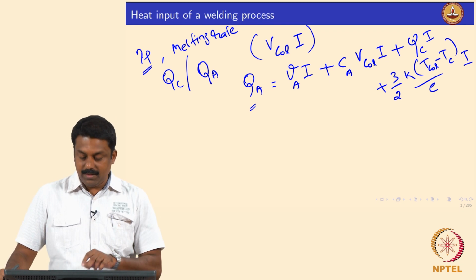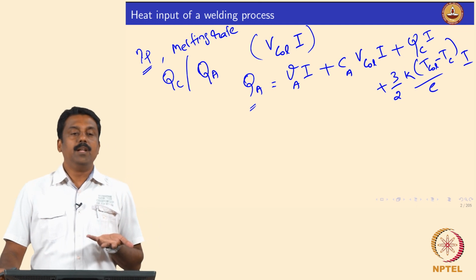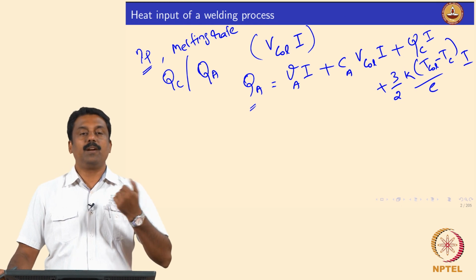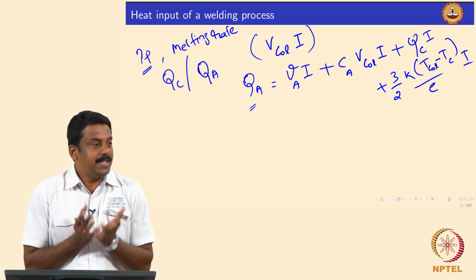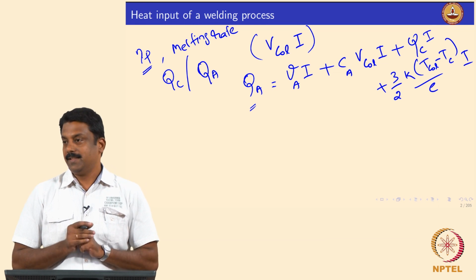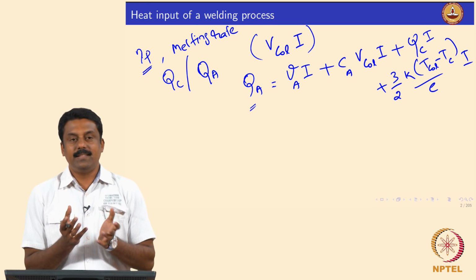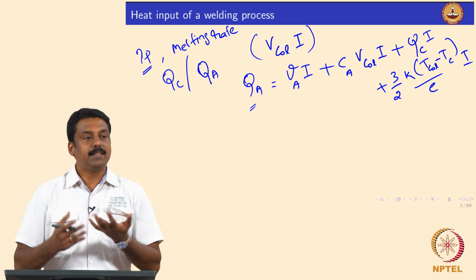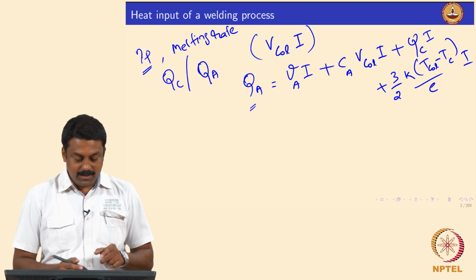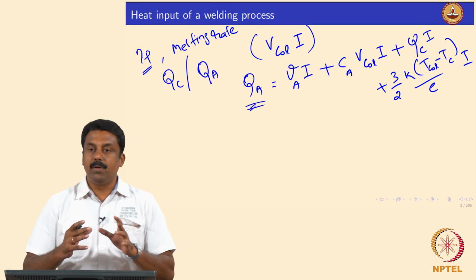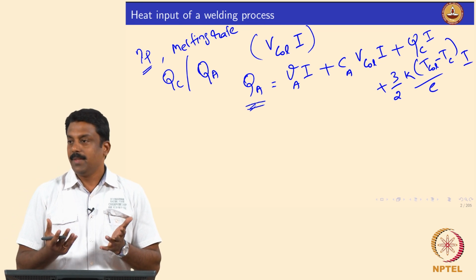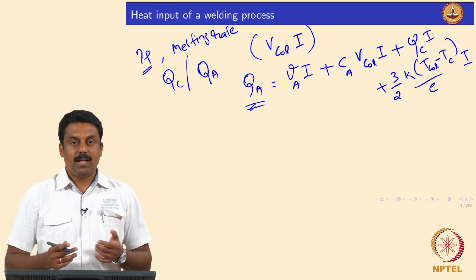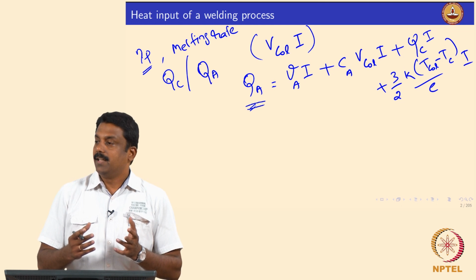With this equation, this is the main heat available for the droplet to melt. Suppose you are making your consumable electrode an anode, the heat available to melt is this. That is the heat in the anode, and we also have additional heat coming from resistance heating. So this is the main heat available in the anode for the droplet to form. That heat is coming from the arc for the melting of the electrode, plus we also generate heat in the anode if the